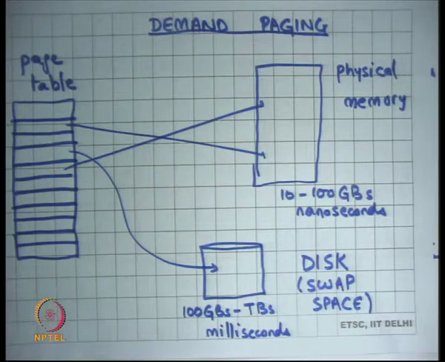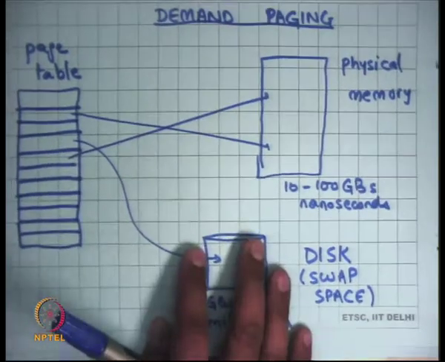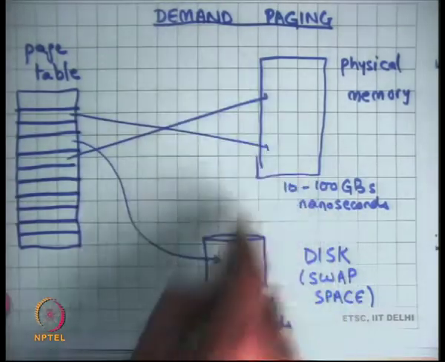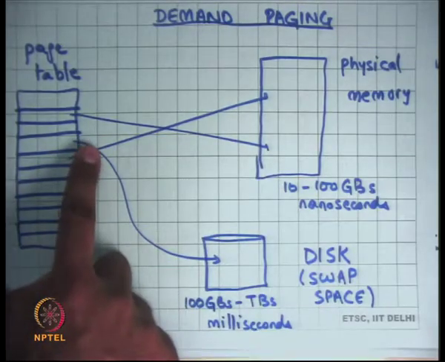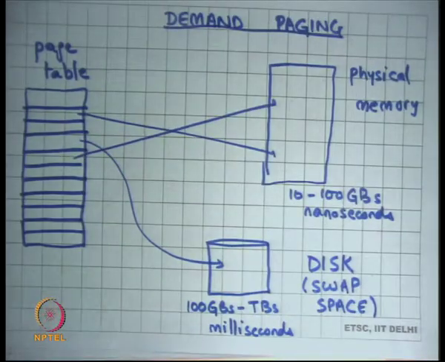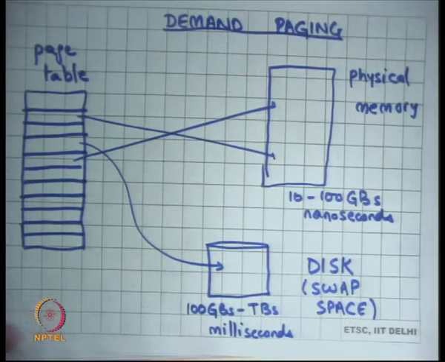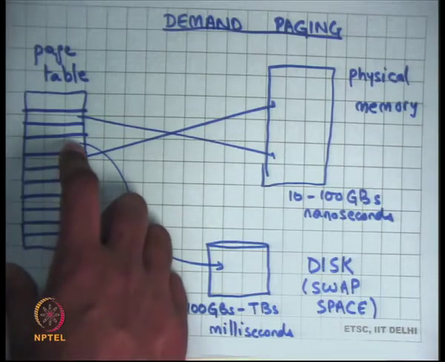All right, but it's not necessary that these pages point to the swap space. Swap space is basically extra space reserved in the disk to allow pages to get saved from physical memory. But these pages may actually even be mapping into the file system. For example, if you loaded an a.out file, then some pages have not been loaded at load time, and so these pointers will not be pointing to the swap space, they will be pointing to the file system space in the disk. In either case, these pages from the hardware standpoint don't exist.